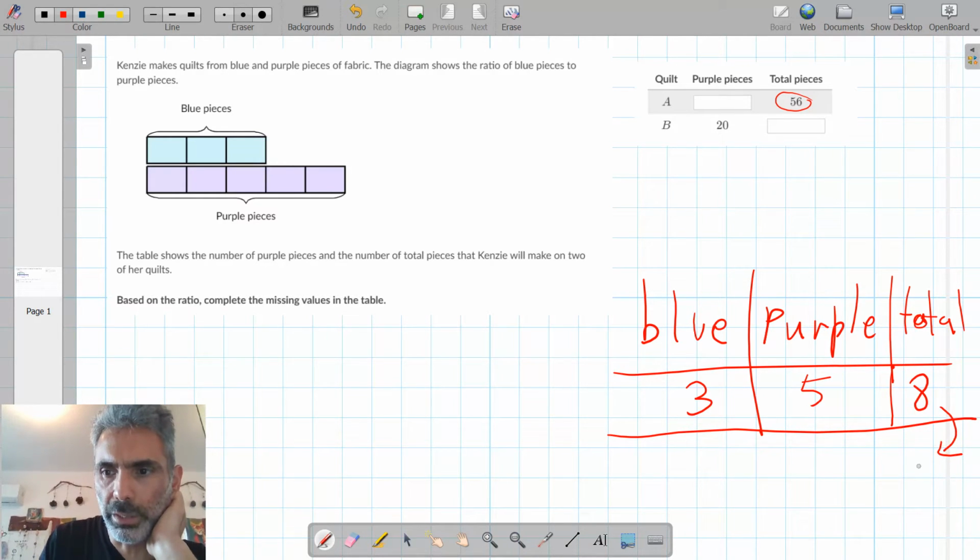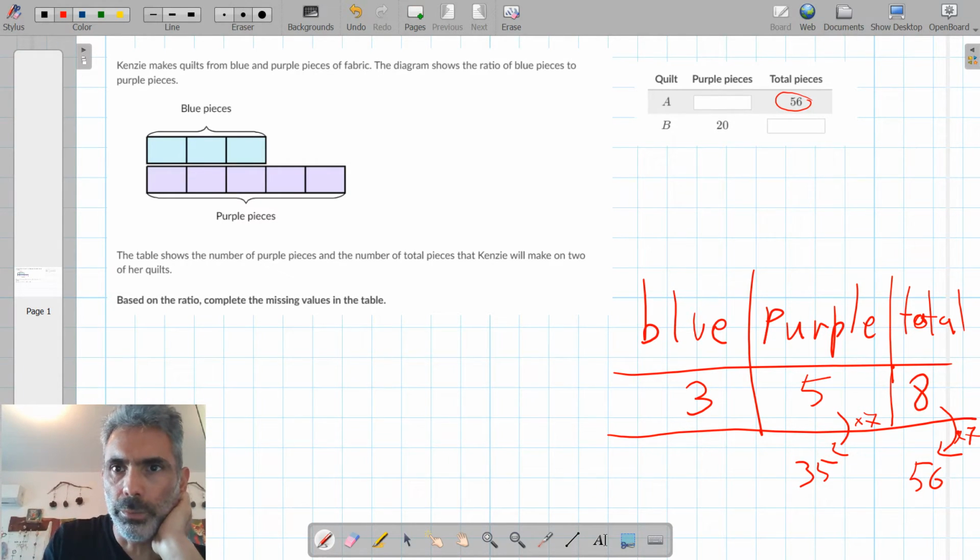So to go from 8 to 56, we multiply by 7. So to go from the number of purple pieces, we need to multiply by 7 as well. So we have 35 purple pieces for quilt A, and as for quilt B,